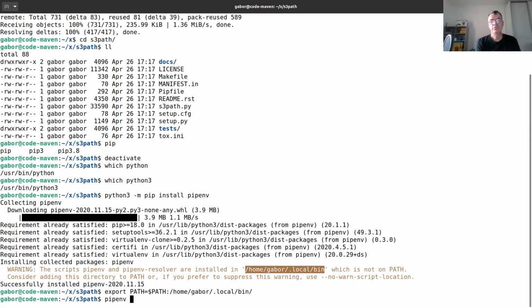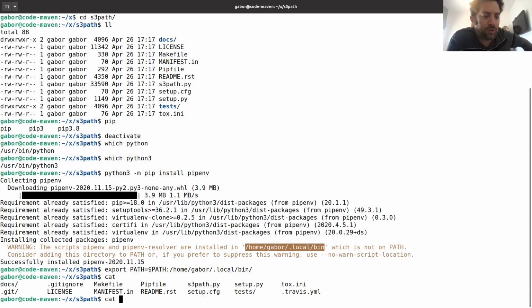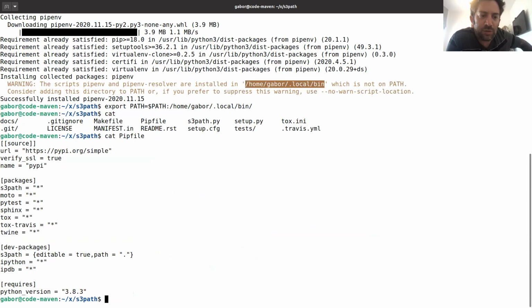Do for a second cat for a Pipfile, with a capital P. Okay, so what is a Pipfile? Pipfile specifies your environment. It specifies where your PyPI repository is. It specifies the packages that we need to install, instead of requirements. Exactly. It specifies your dev environment, and it specifies